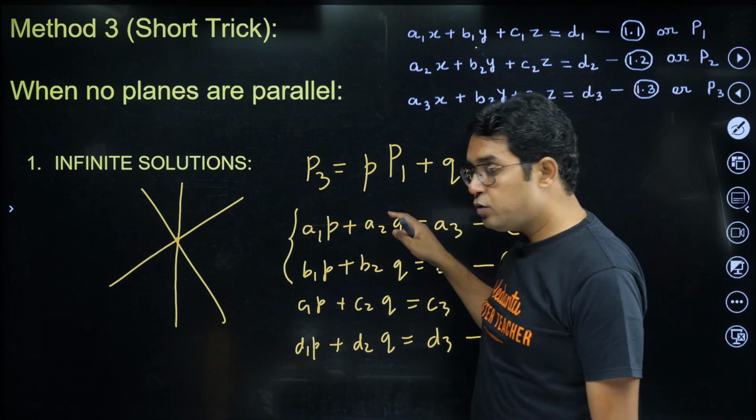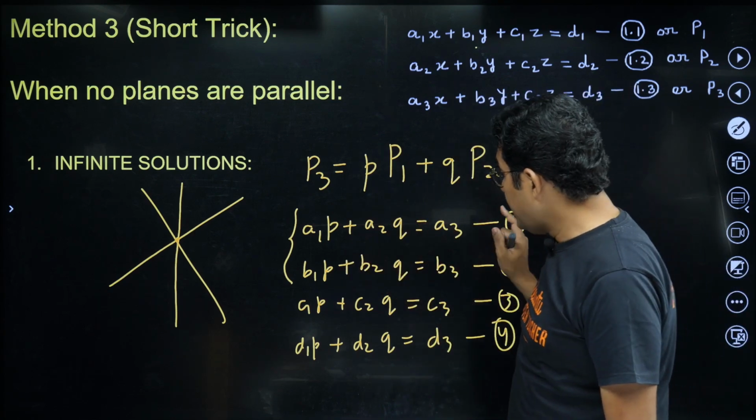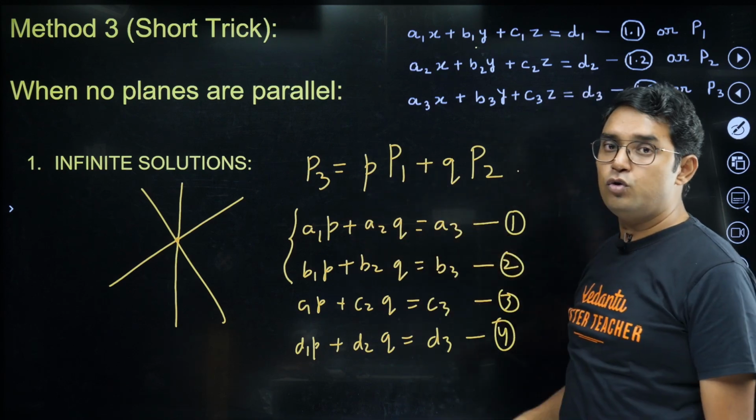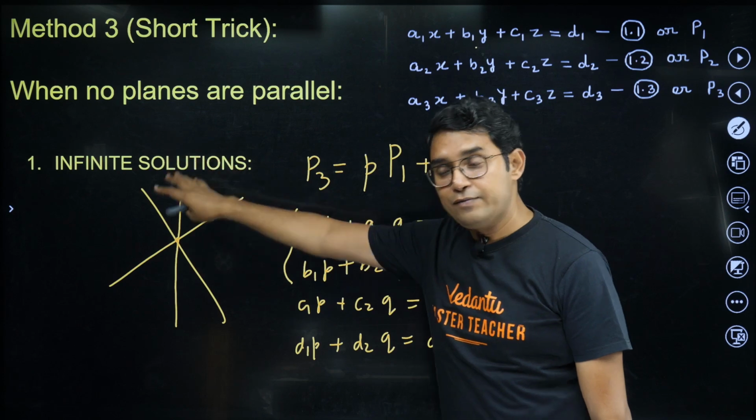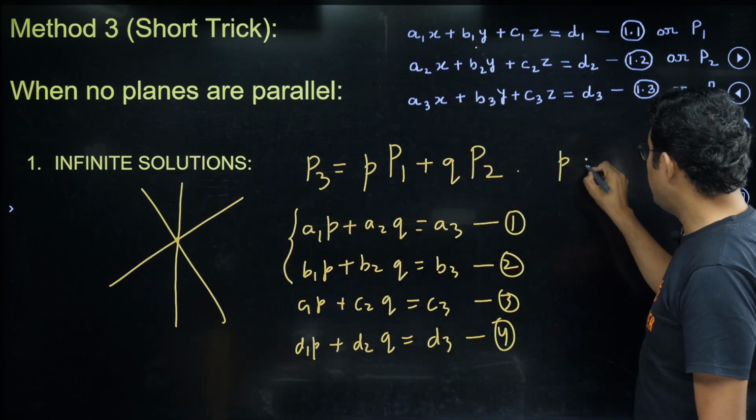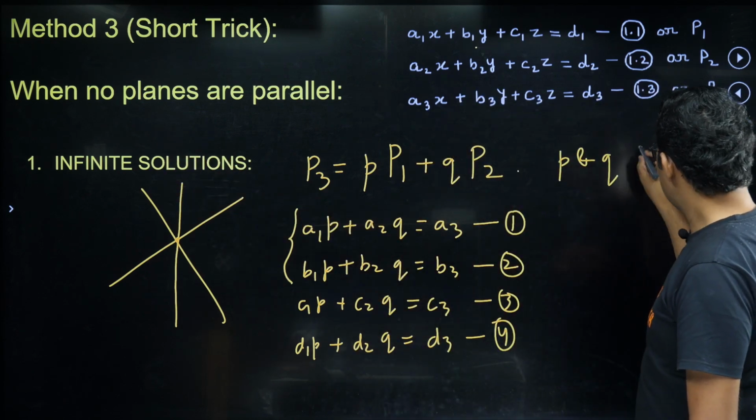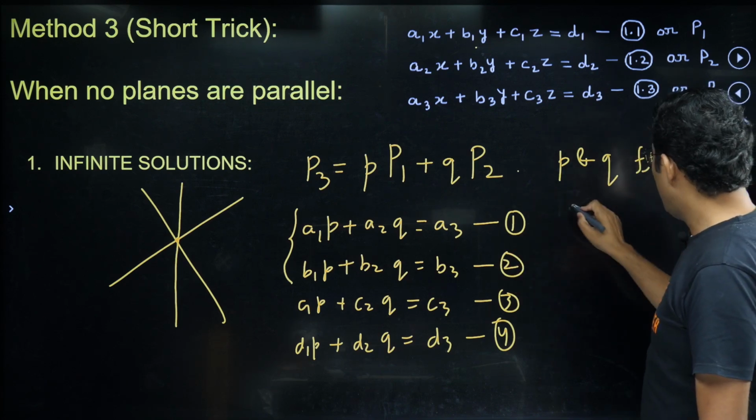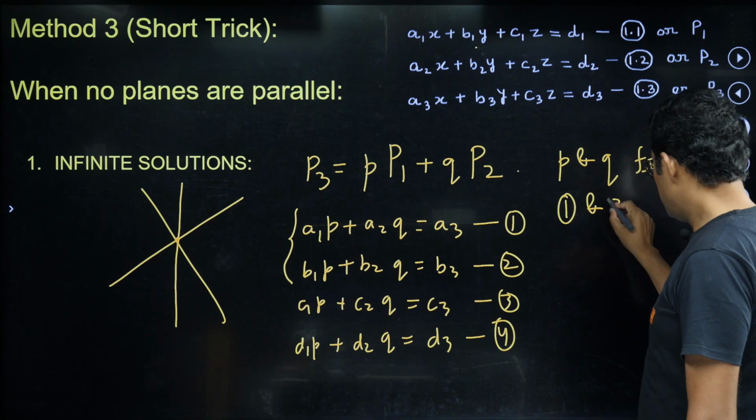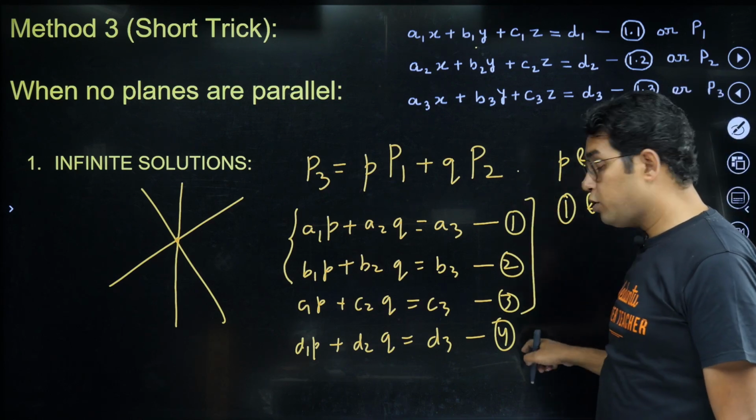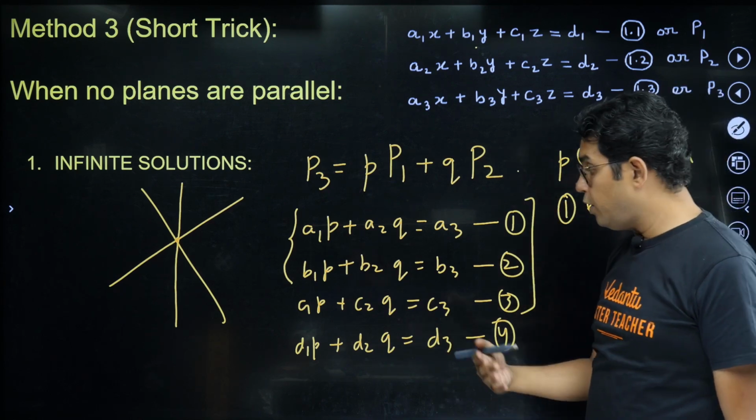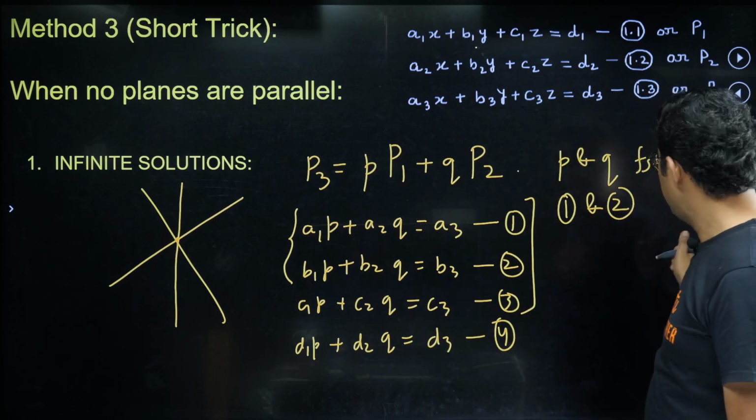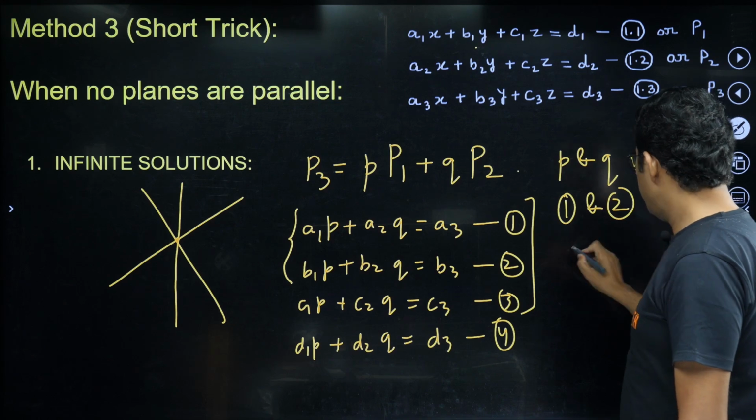If you are getting those values of P and Q, you can check whether those values of P and Q are satisfying 3 and 4 also or not. Now, in this case of infinite solutions, the method is to get P and Q from any two equations. It can be 1 with 3 also, or from 1 and 2, and use only the first three, not the fourth one. The fourth one is only for verification purpose. So P and Q from 1 2 or 1 3 or 2 3,